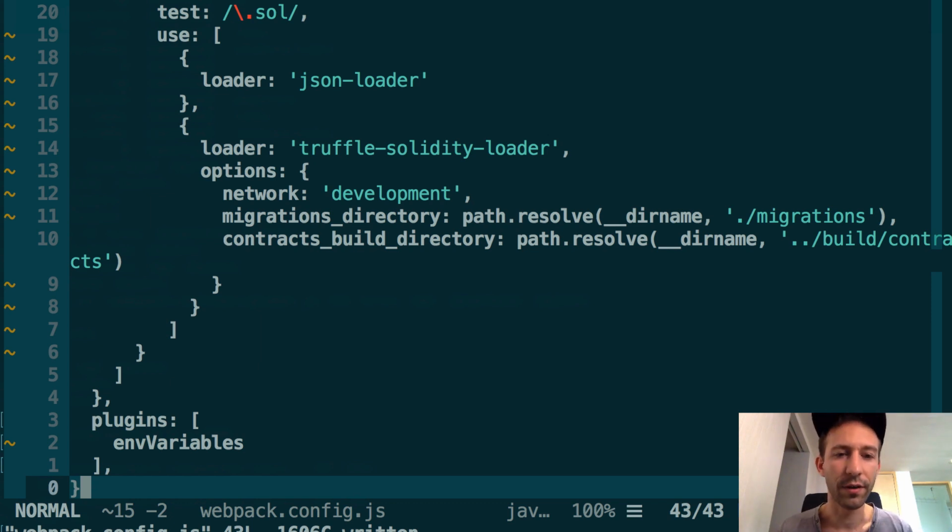So now in our frontend code, we need to read the value of this environment variable and build the URL of the Ethereum node that we want to connect to. So we could put this in the index.js file, but it started to become a little bit too chunky, so we're going to create another file that we'll call config.js. So create a new file in app.js and call this config,